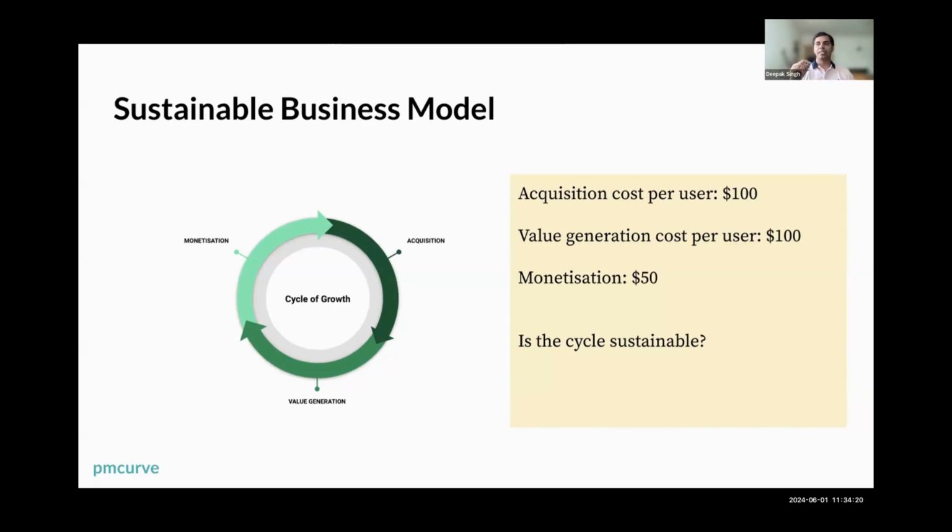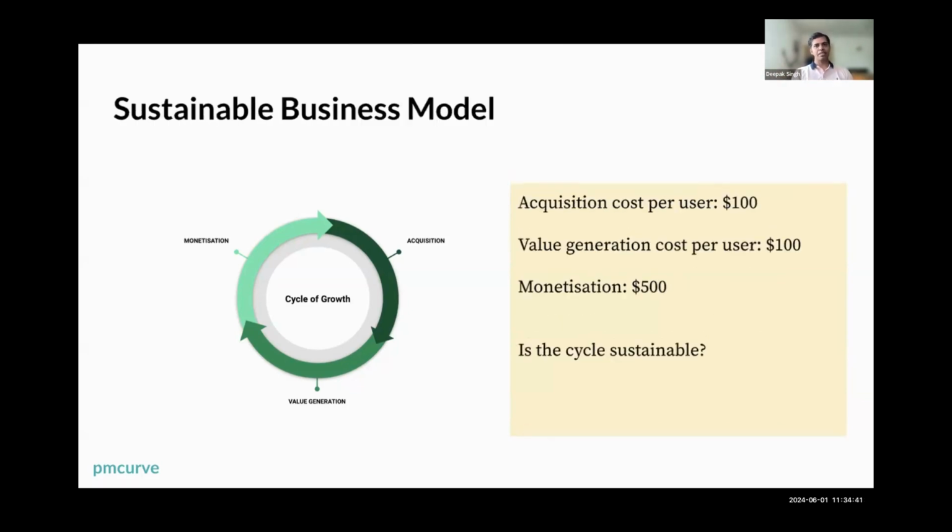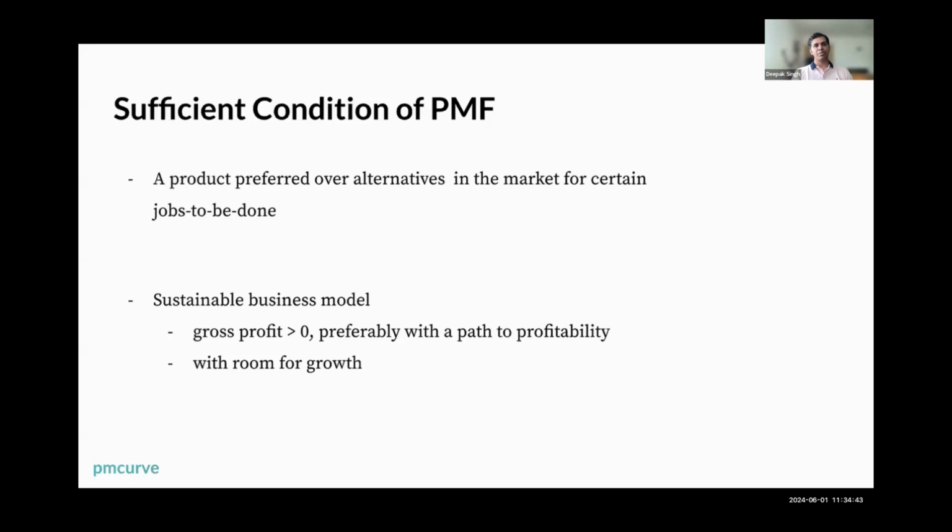But for any investor or any founder that you meet, the long-term strategy is always to show a picture where it's actually profitable and it's growing. If a founder or a VC or a PM is not able to show that, there will be lesser budget or lesser funding for that project, right? So just keep that in mind when you think about PMF, right?